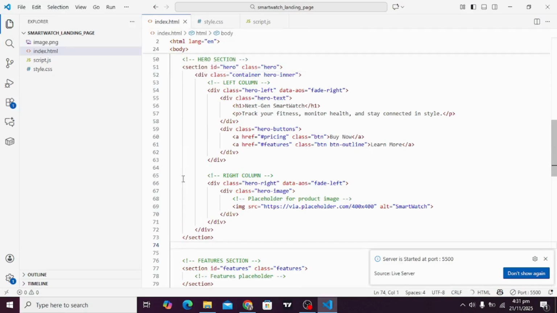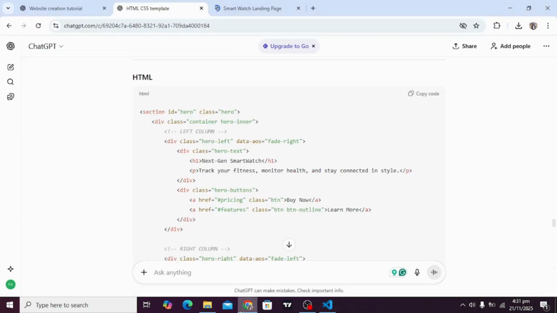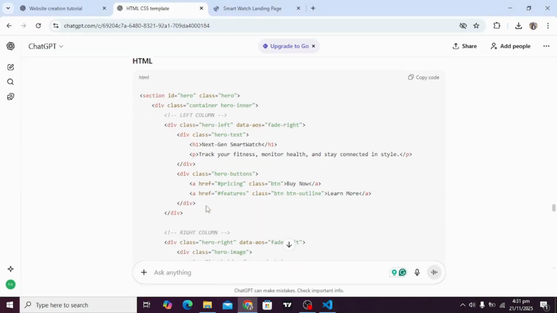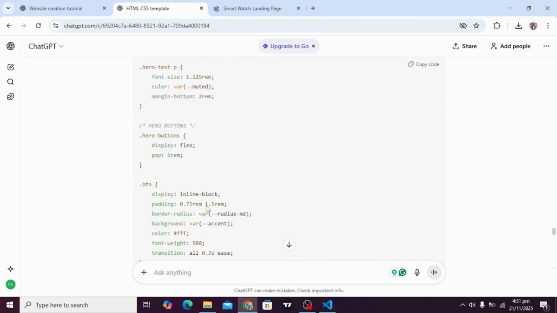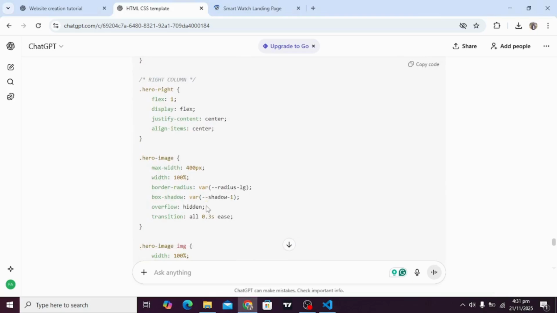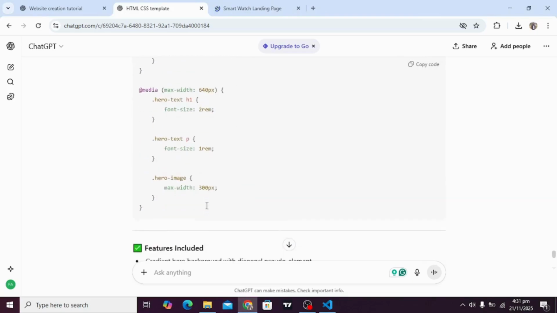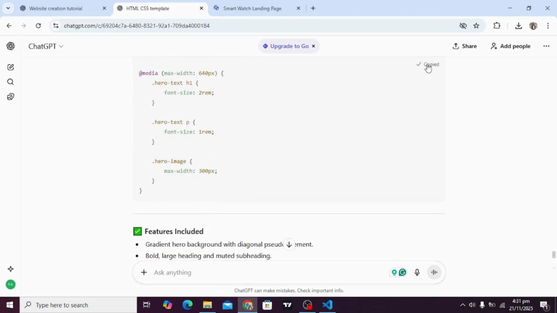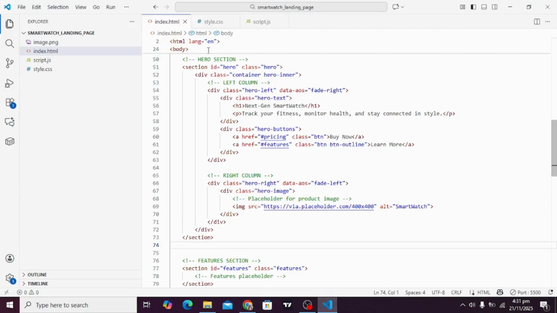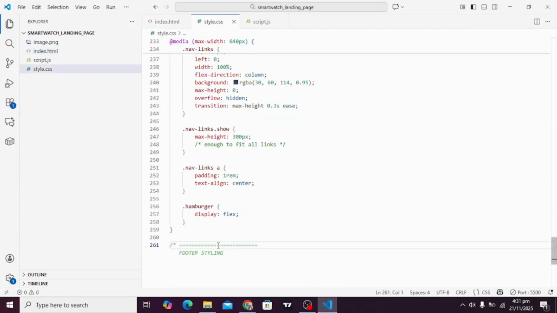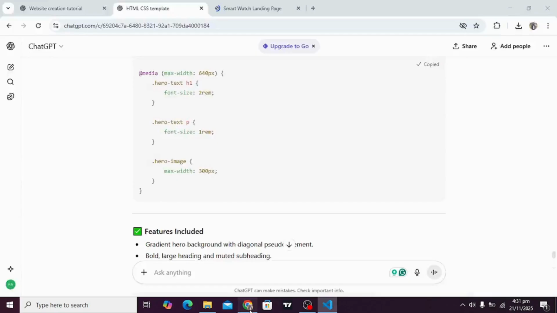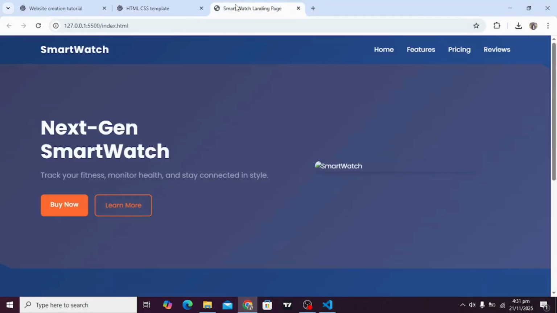Control plus V. We will close this dialog box. Now let's go to our browser, and it is done writing the CSS. I think, oh, yes, it is done. And now we will copy the CSS for our hero section and paste it after the menu bar styling.